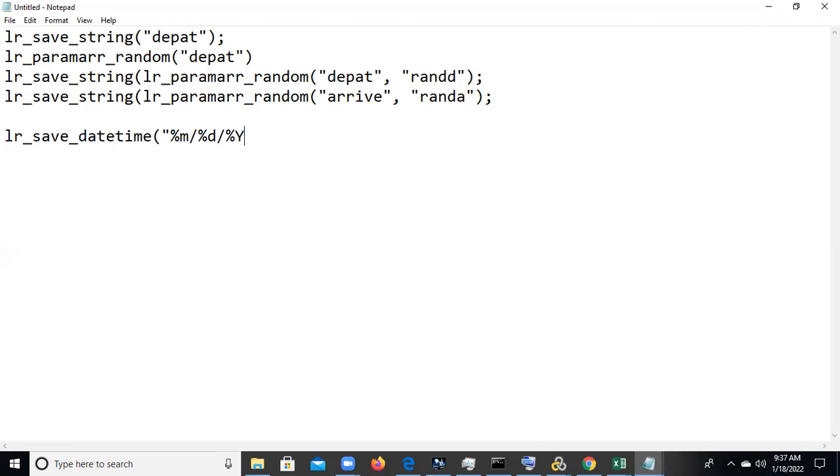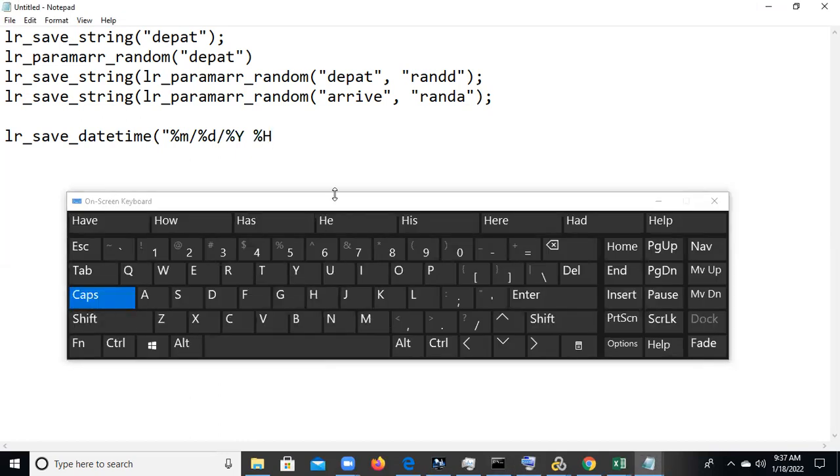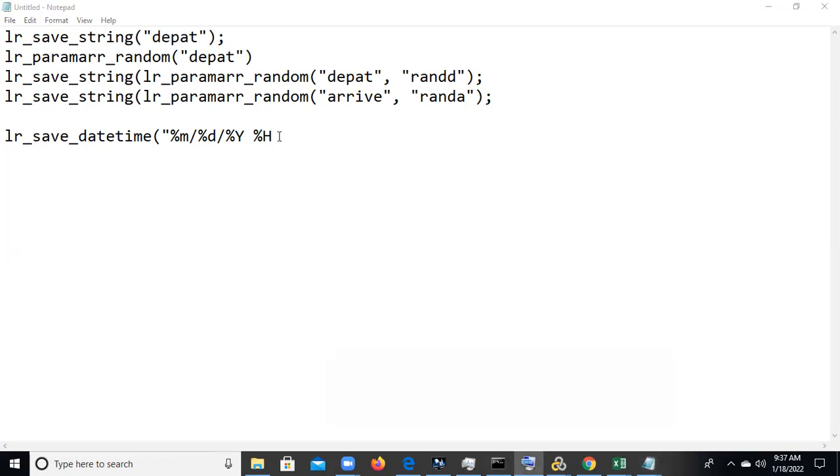And after that I want the time also, so for that we use hours. Then a colon and %M for minutes, a colon and %S for seconds.